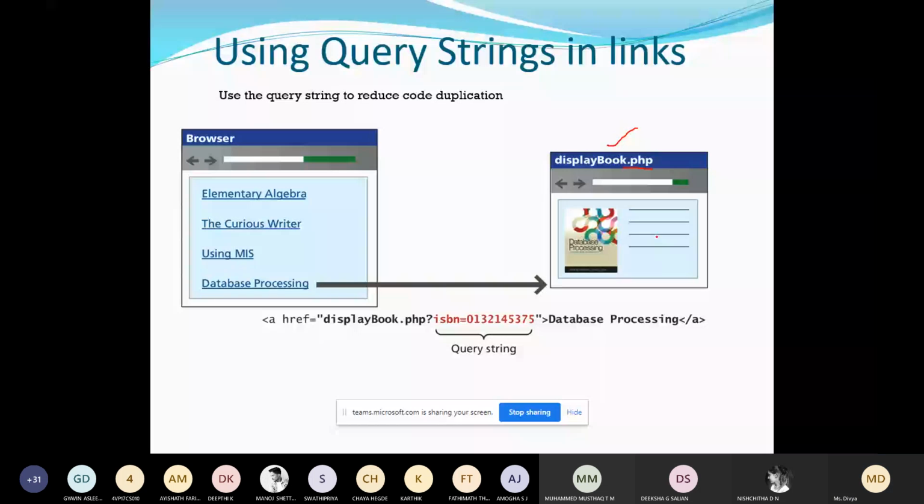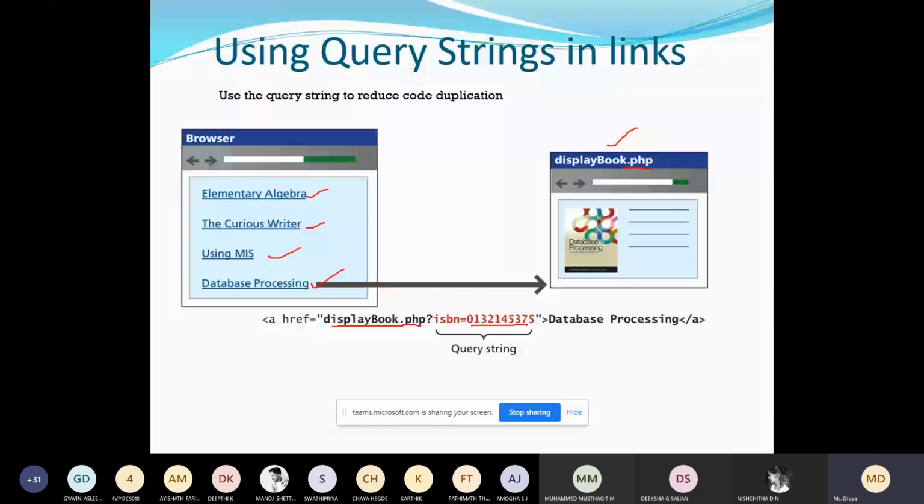How to do that? Instead of giving simply elementary algebra.php, curious writer.php and all, you can write the query string something like this. You can create this page display book.php, and you all know that all the books will have a different ISBN number. So we can use this different ISBN number for displaying the content in this page.